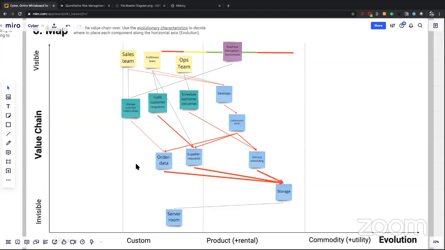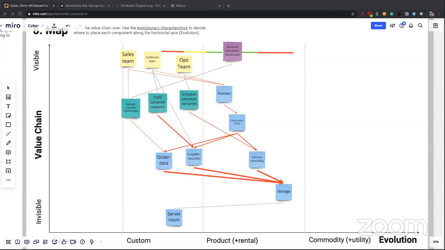Taking some concrete examples, if our order data process, based on the set of controls that we have, and I'm speaking both controls and recovery, is our highest area of concern at the moment,